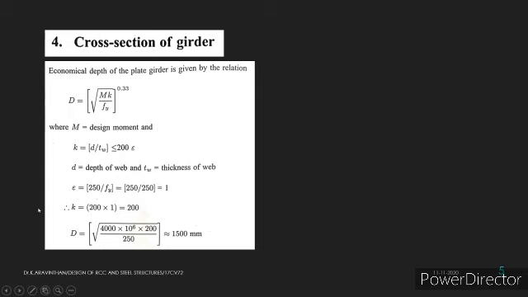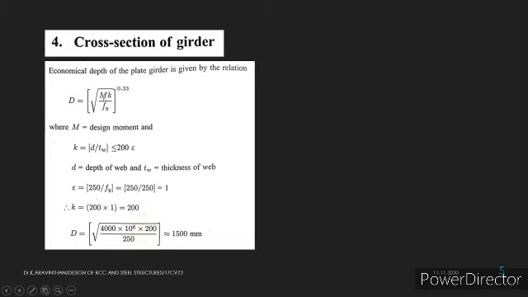So here we should find the constant epsilon. What is that? In the code, this relation is given: 250 divided by 250 will be 1. So we found that according to this relation, epsilon is 1. So we found that k is also 200. If you substitute 200 into 1, the k value will be 200 here.